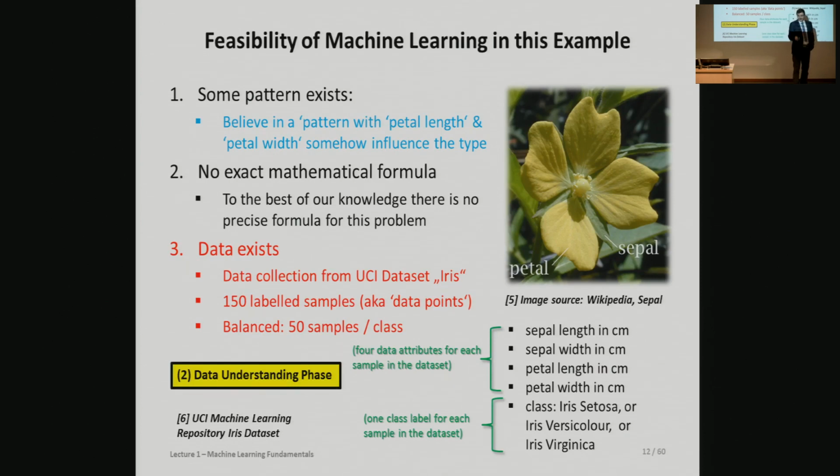Very nice. Where is the data? And now usually the real work starts. When you look at the data collection, here a very simple one, as I said, from the UCI Machine Learning Repository, just 150 labeled samples. Very little data in a sense today for big data. Hence, very good for showing you a real example of how data analysis in machine learning really works.